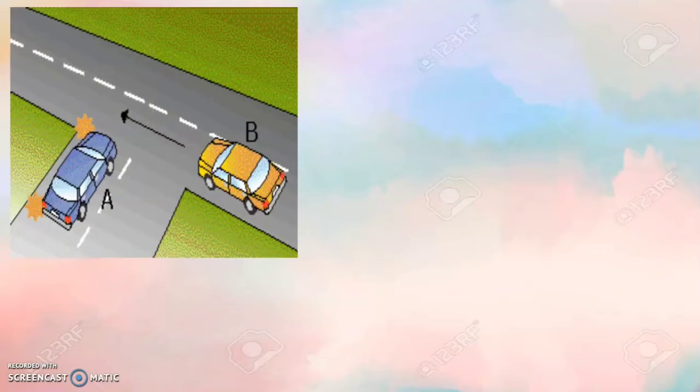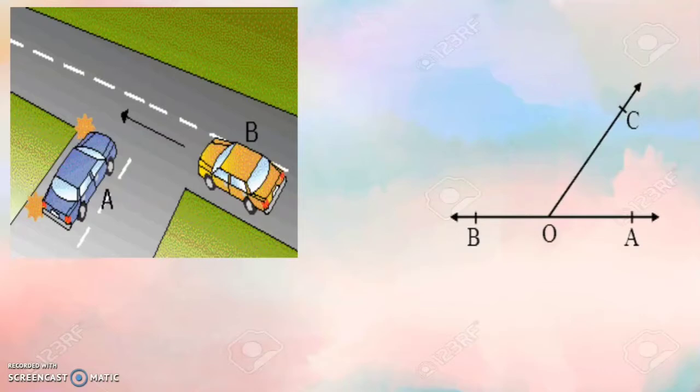Finally, in the third part, we have an image of a three-way road which has a common side, or say a common road A, and the other two sides, or say other two directions of a road, form a straight line from that common side, or say from that common road A. Let's say if we have two angles, angle BOC and angle AOC,